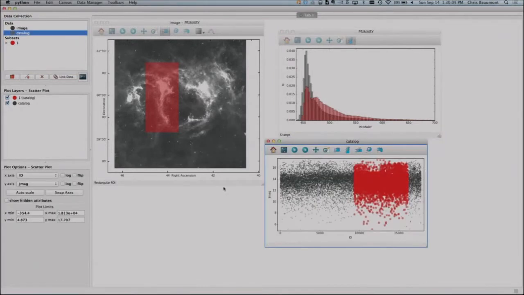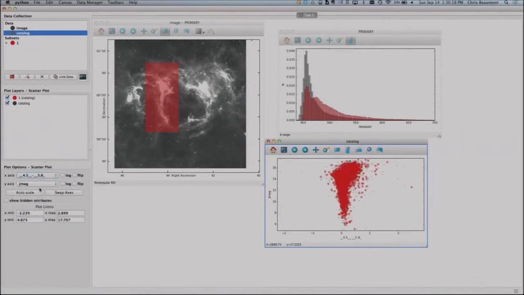I'll make a scatter plot of it now. And you can see actually that there's already points that are highlighted here. So somehow it's taken my selection in this image and figured out how to take that selection in one data set and apply it to another data set. Let me make another selection over here. So this is